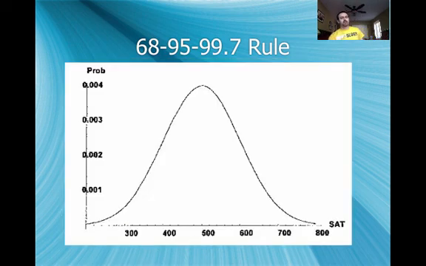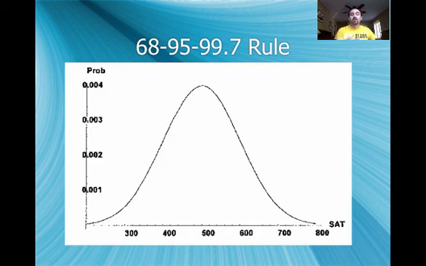Okay, so let's look at this picture again and try to figure out how it applies. Notice the mean is still 500. Standard deviation is still 100. This is still the SAT. So I can tell you that 68% of people who take the SAT score between a 400 and a 600. I can also tell you that 95% of people who take the SAT score between a 300 and a 700